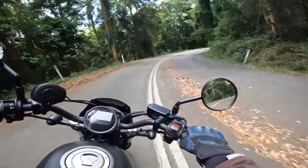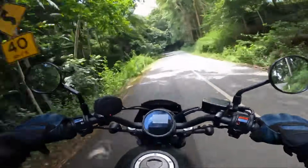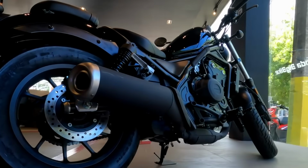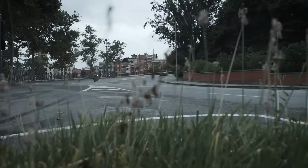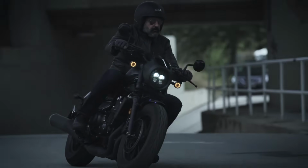That makes it one of the lightest true cruisers in its class, an advantage for maneuvering in tight city streets or navigating parking lots with confidence. For tech, you now get a compact digital display mounted on the bars with gear position, fuel economy data, trip meters, and adjustable brightness. It's not overdone or packed with unnecessary screens, but it gives just enough feedback to keep